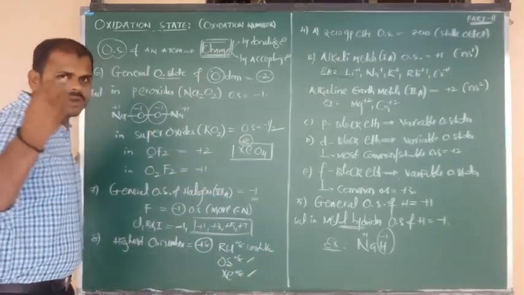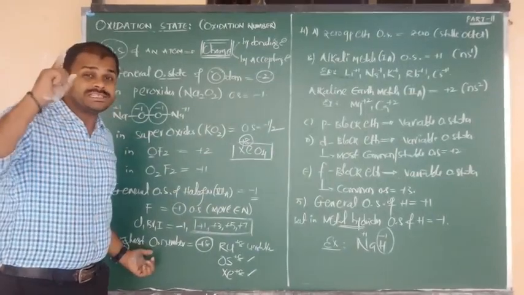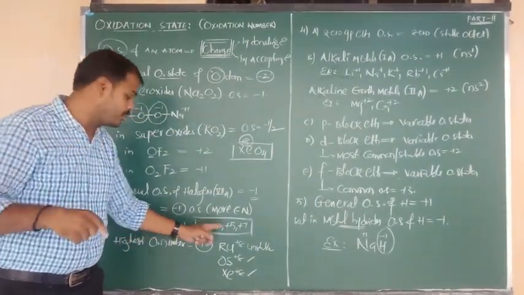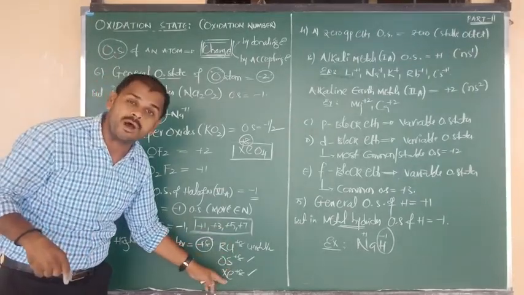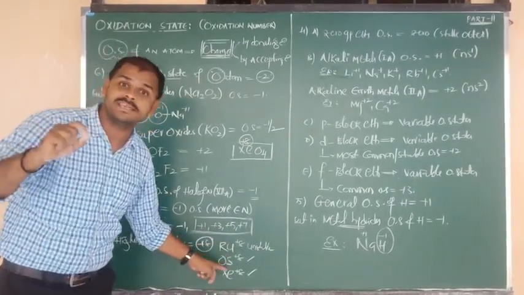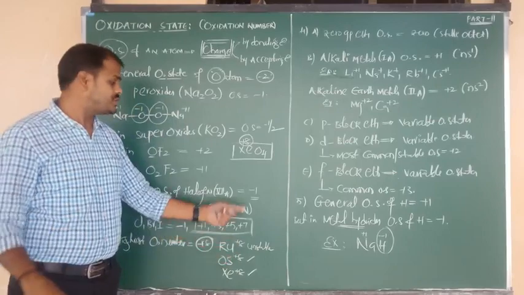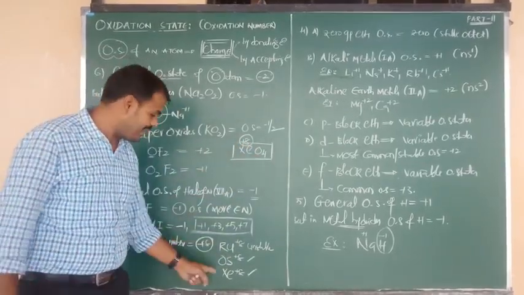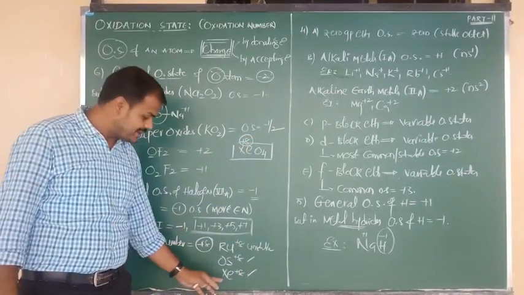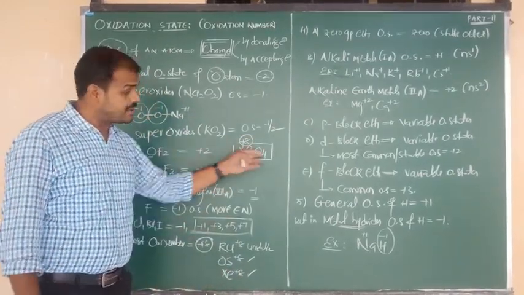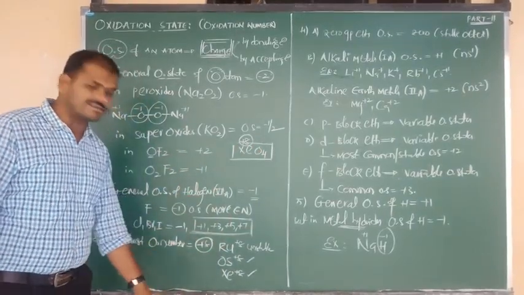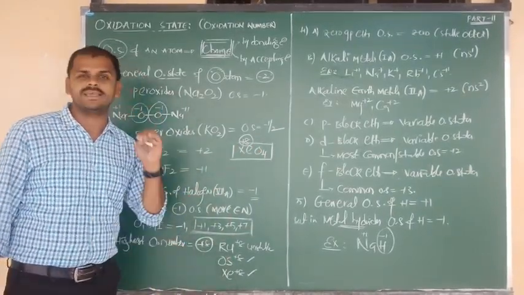Whatever that may be, you can remember the answer. The highest oxidation state value is +8 in the entire periodic table, exhibited by ruthenium, osmium and xenon. These three elements show the higher oxidation state value of +8 in their oxide form, such as XeO4, xenon tetraoxide, or osmium tetraoxide. So 3 elements show the higher value +8.